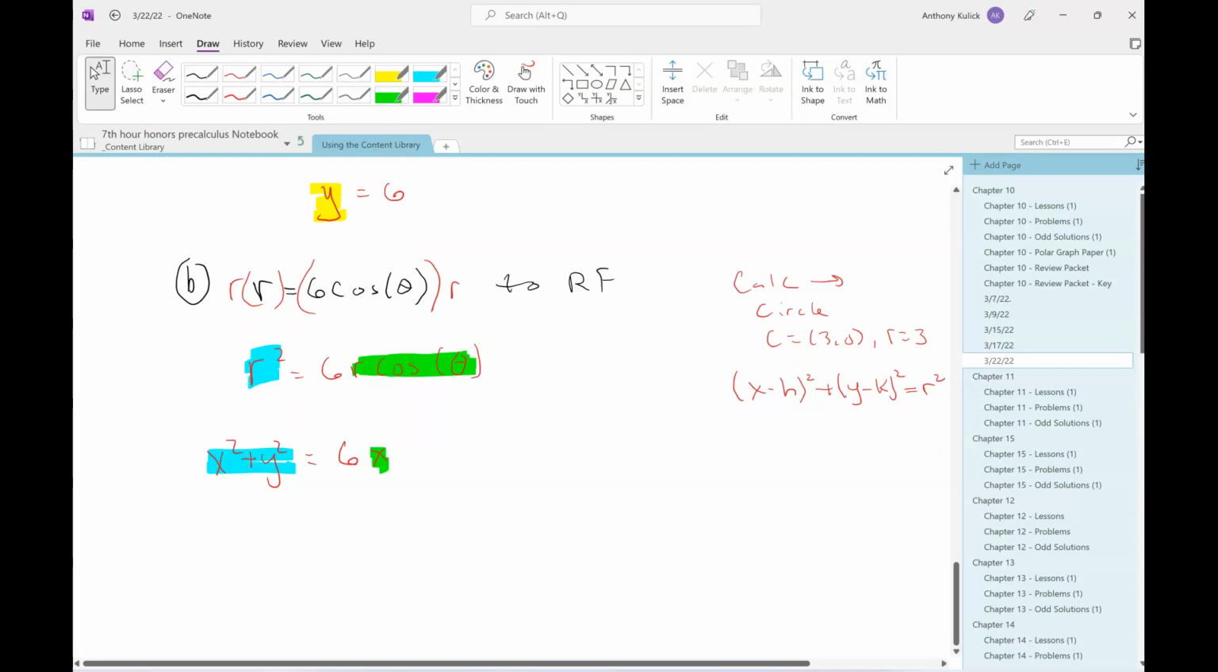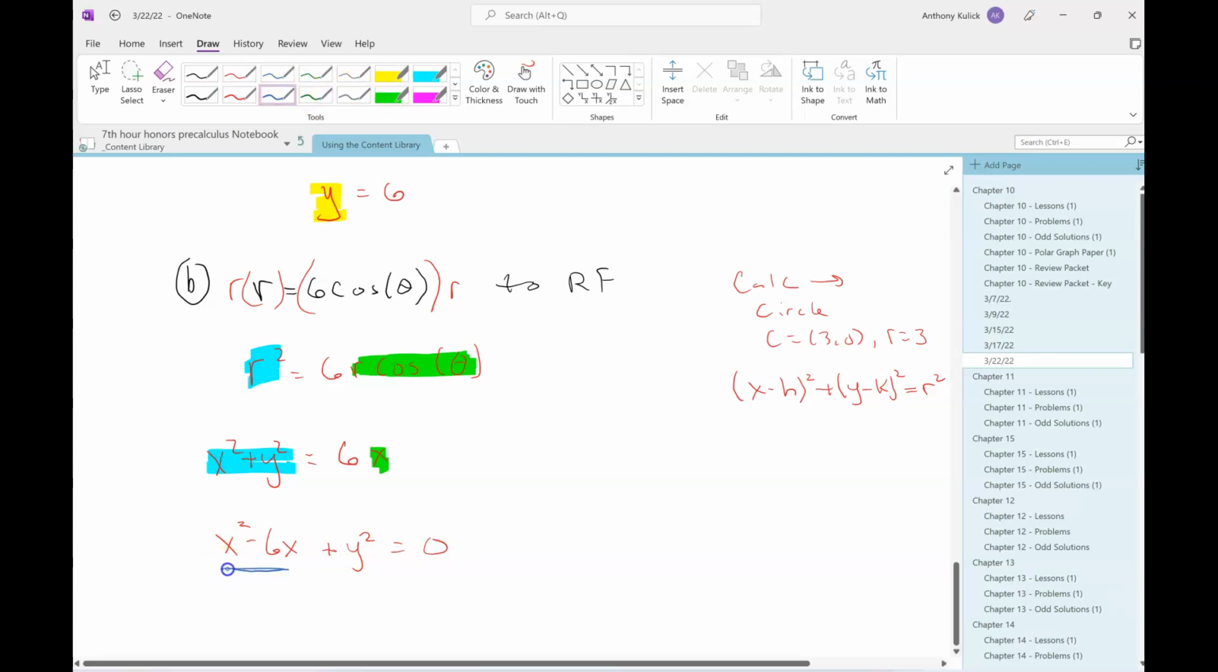Is everybody okay so far? All right. So I've got to make this now look like the equation of a circle. I've accomplished my initial goal, which was to get rid of the r's and thetas. Great. That part's done. If I move everything onto one side, though,